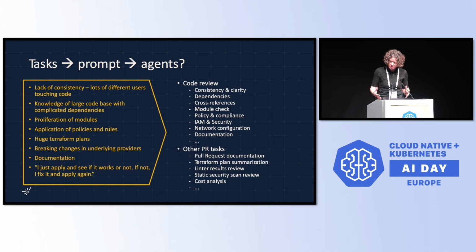So that seems logical. But we have this big code review problem where there's a whole bunch of things that need to be done as part of code review, but it all needs to be coordinated and consolidated as part of our work. So this is our problem. So this list on our right is the prompt. Do we need an agent for every single one of, for instance, these code review tasks?